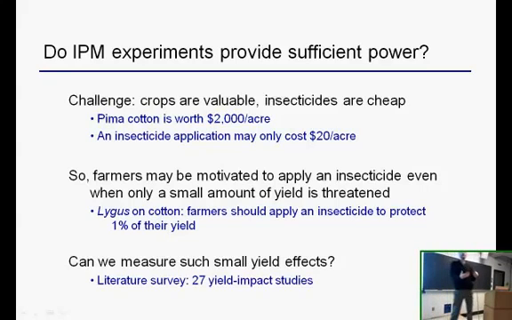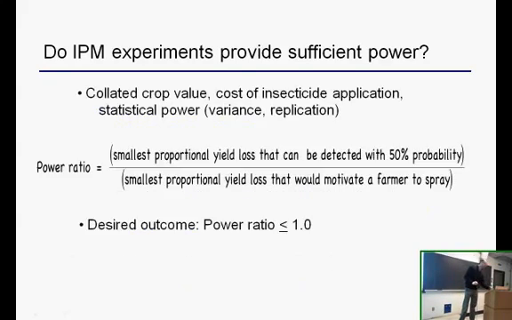Now, if you come to me as an experimentalist and say, I'm going to hire you to go out and measure a yield effect of 1%, my teeth are going to start chattering. Okay, that's going to make me pretty nervous. So we wanted to ask then, can we generally measure the effect sizes that really matter to farmers? Can we measure the effect sizes on yield that actually correspond to the decision point that the farmers are actually having to cope with? And so to address that question, we went back to our literature survey and we collated